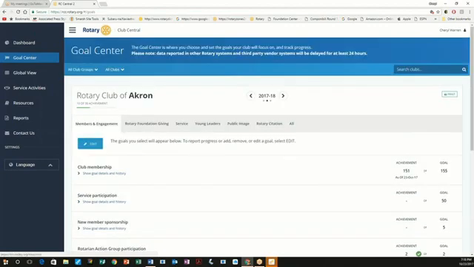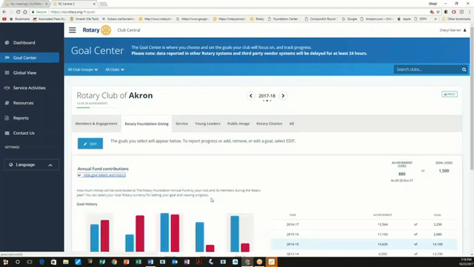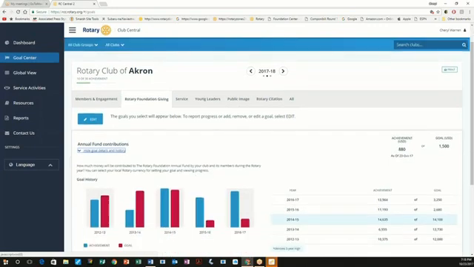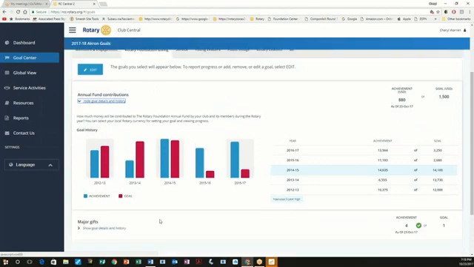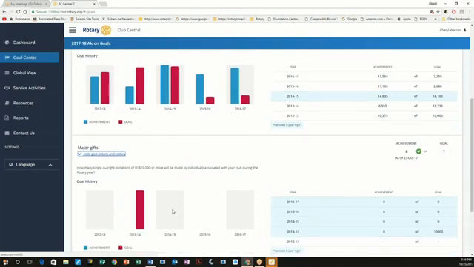Now back up to the top. Again, these tabs are very important because you don't want to miss any of them. The next tab is the Rotary Foundation Giving tab. There's two things under this. Again, same structure. You have your edit button, and you can show just exactly what this means, how much money will be contributed to the annual fund. And if you're not familiar with what the annual fund is, you need to be asking those questions, and we can explain the annual fund to you through our sessions that we have about giving.